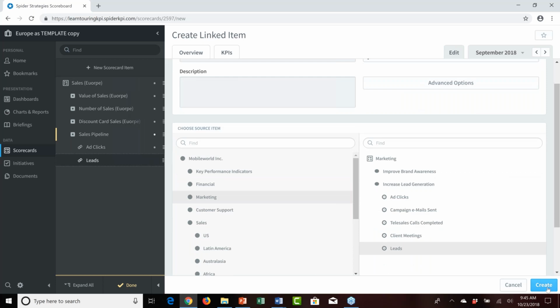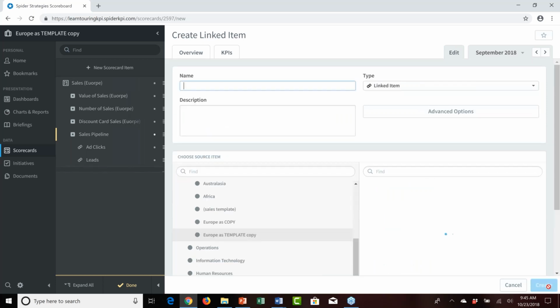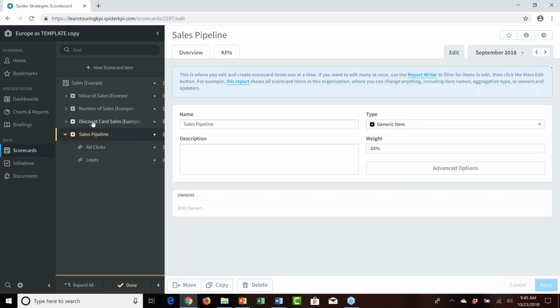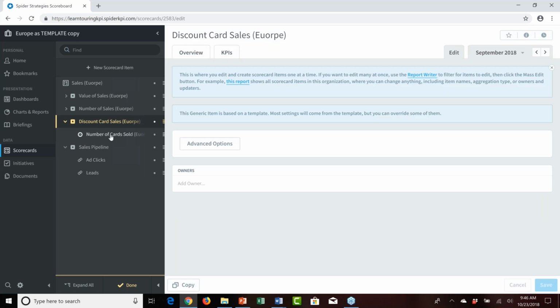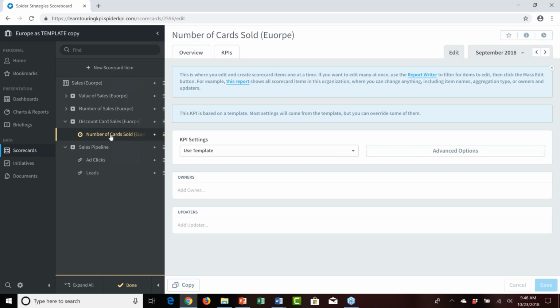And click create. Okay, so I've added a new generic item and a couple of underlying measures without having any impact on the upper or already existing generic items which came from the scorecard. I can expand on my Europe sales scorecard at will, in terms of expansion or growth. However, if I went to the discount card sales and said I need to make a change here in Europe, it's a new market,